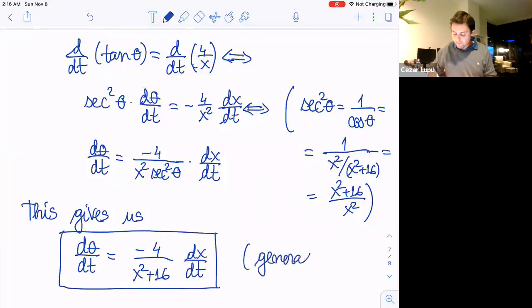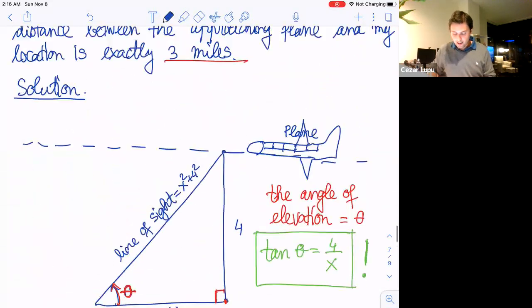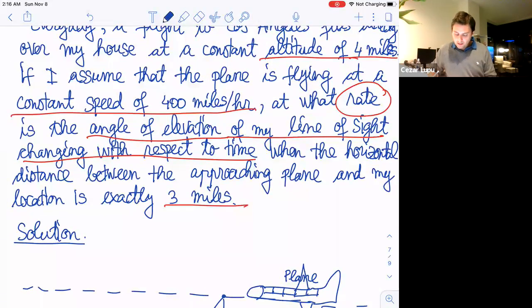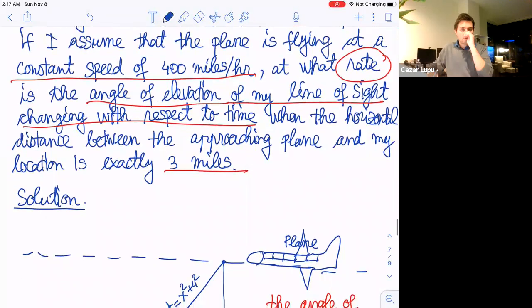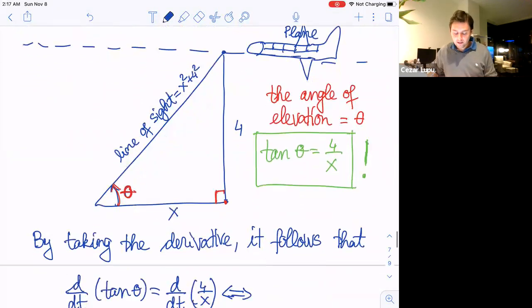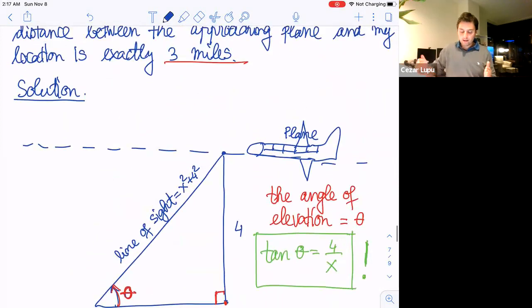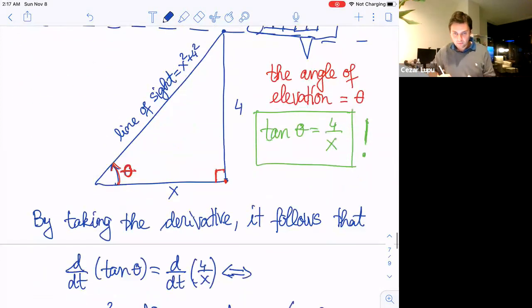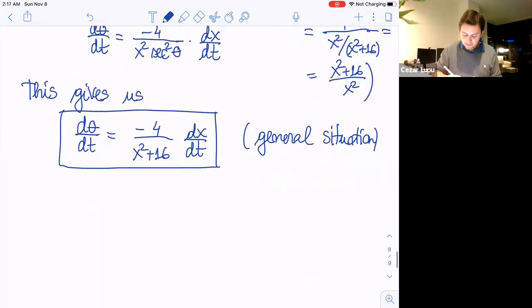And now let's see what specifics do we have. So this is the general situation, and now let's look back at the problem. So the specific situation is that, let's go back. You see, we assume that the plane is flying at the constant speed of 400 miles per hour. So this means that dx over dt is, well, since it's flying in the opposite direction, it will be,